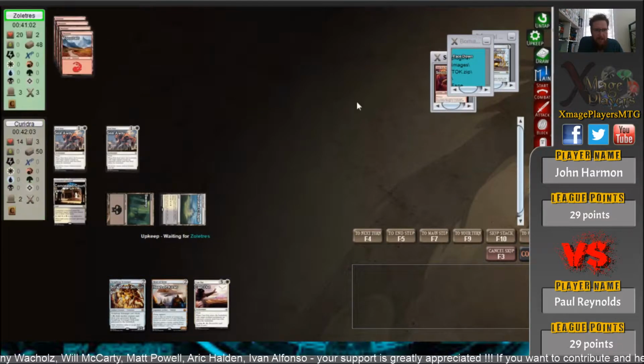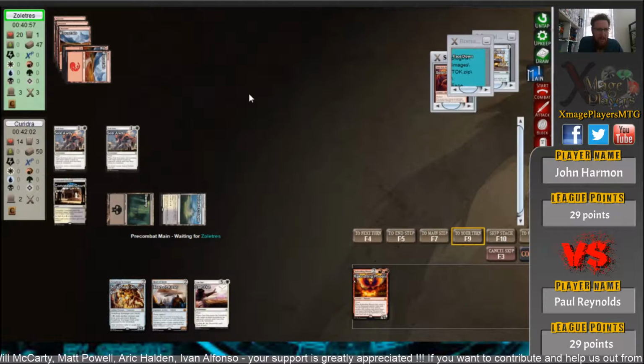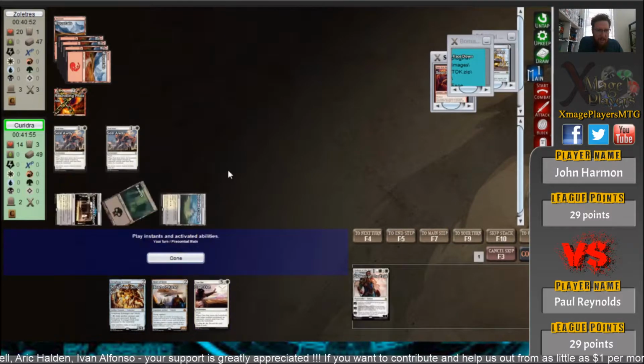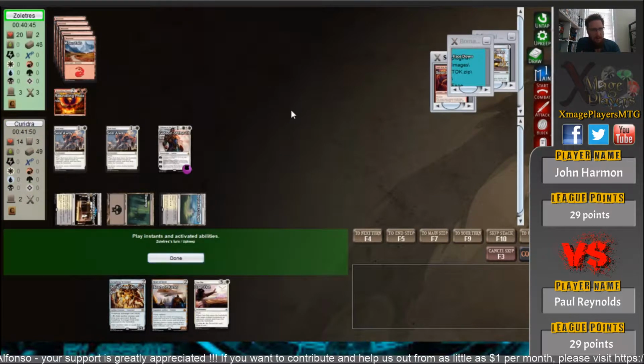Cast Out to take out the Soul-Scar Mage. John now again down to two cards with no action on the board. And he draws a land, and now he plays a Rekindling Phoenix. So you can see that Gideon's going to be able to check that for a while until Cast Out can find the fourth land for Cast Out. I think